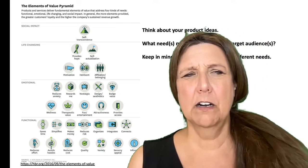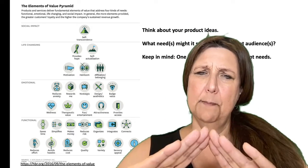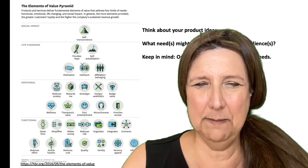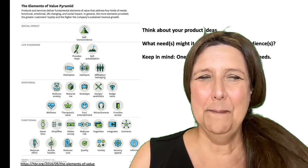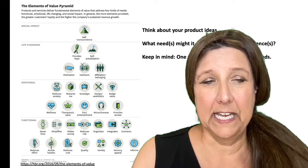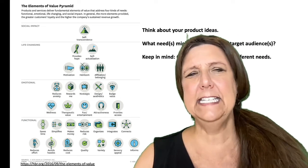And there was an HBR article that talked about the elements of the value pyramid. So if you take those lower level needs or Maslow's hierarchy of needs, there are also newer needs that come to mind, such as emotional needs. Maybe you want to have some sort of enjoyment in life, or maybe you have a life change need where you're going from being single to married or having a family. So there are functional level needs that you need, like a seat belt for a car, and there are also these higher level needs. So it's the same sort of idea, but